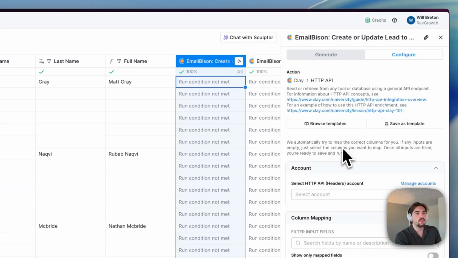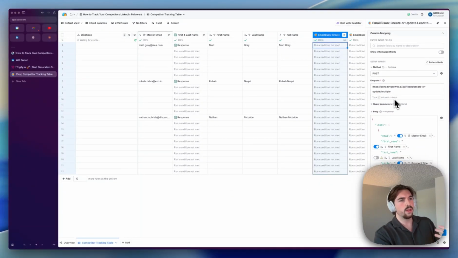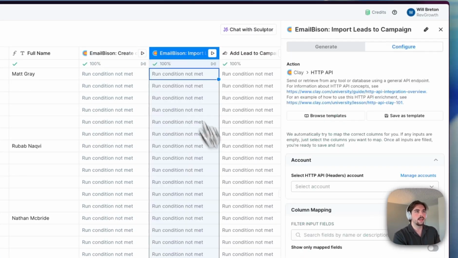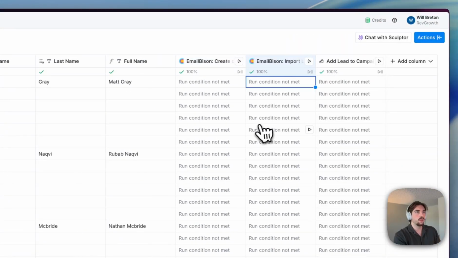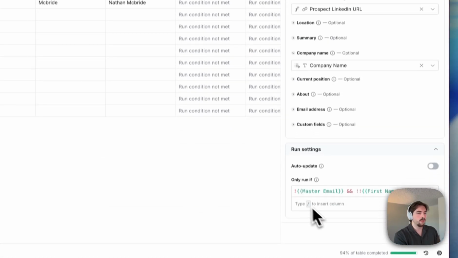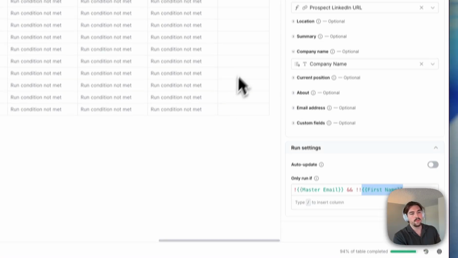And then for Email Bison specifically, which is what's going to be imported in the table, the way the logic works is you need to first import the lead, and then you assign that lead to a specific campaign. So I've left this all empty. You just have to add your API keys and it'll be ready to go. And then same with Lead Magic. The logic here, with HeyReach, is if there's no master email and there's a first name, then,